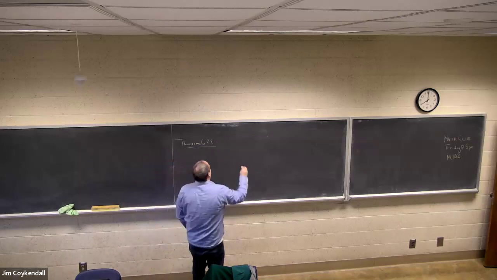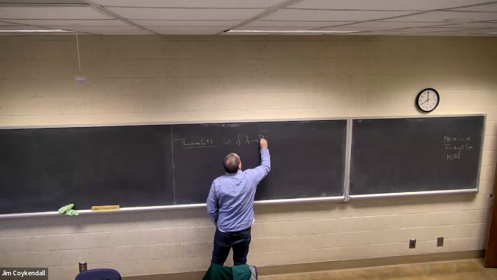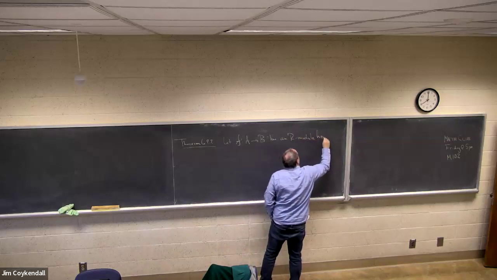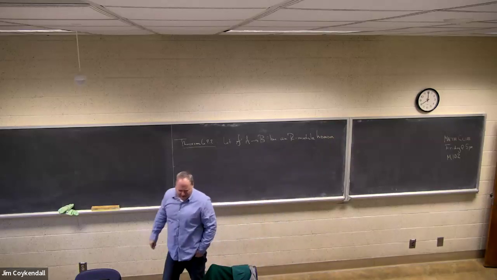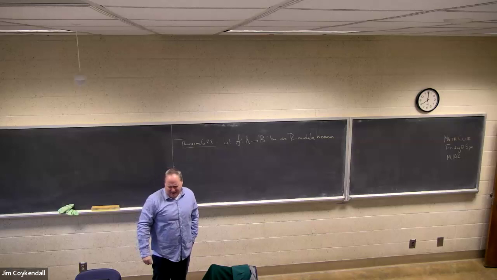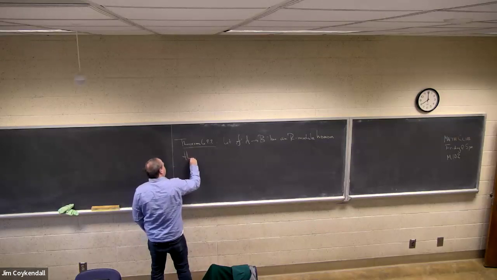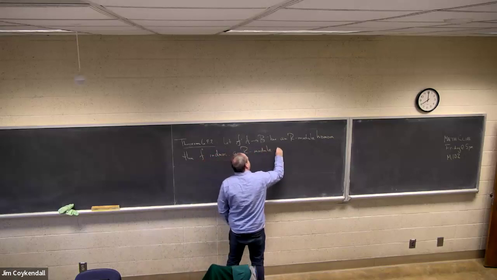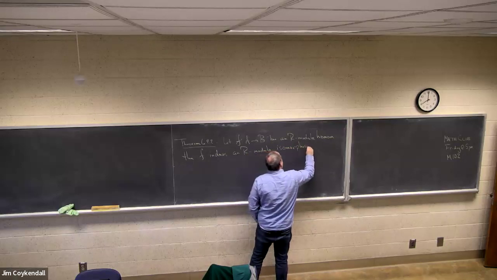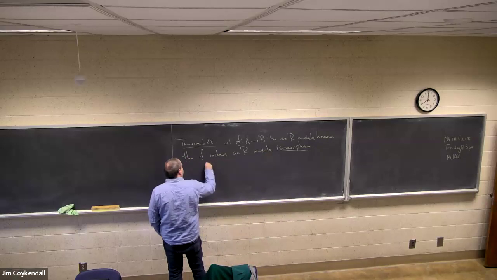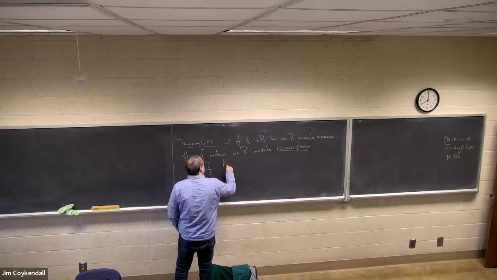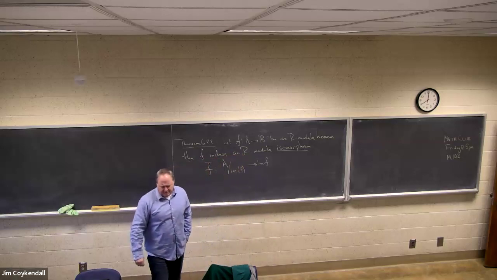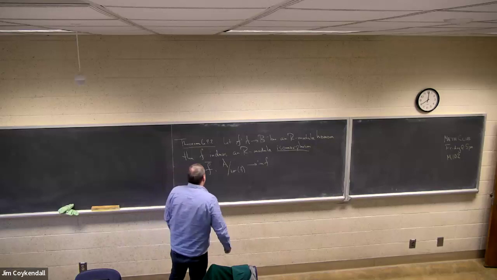Let's suppose that F from A to B is an R module homomorphism. Then F induces an R module isomorphism, that is, F bar from A mod kernel of F into the image of F, given by